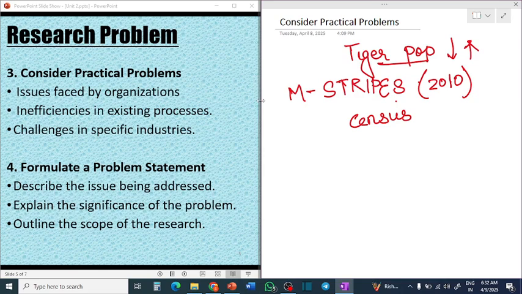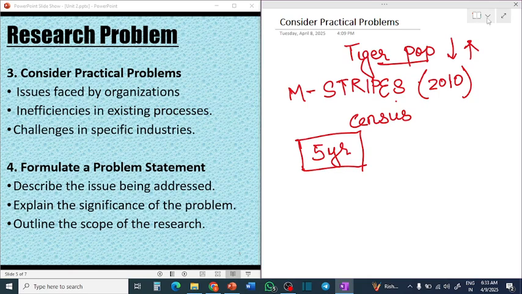So that is to consider the practical problems, and this will be specifically important in the industries, because what you will do in your PhD will be for 5 years. You have to make sure that whatever subject you take, whatever topic you take, is relevant even after 5 years, so that when you apply for teaching, to be a professor in any of the institutions or colleges, your topic should be relevant, and the people who are hiring you should be interested in your particular topic. So this is why we have to consider practical problems.